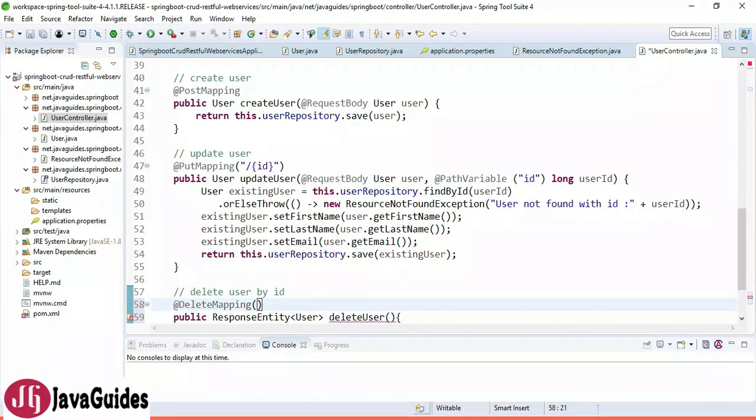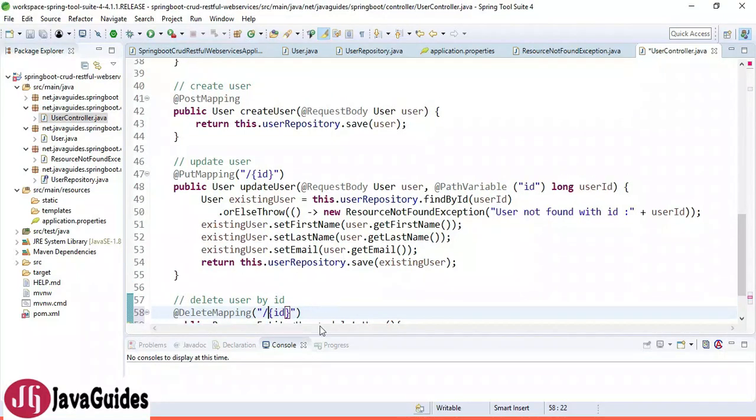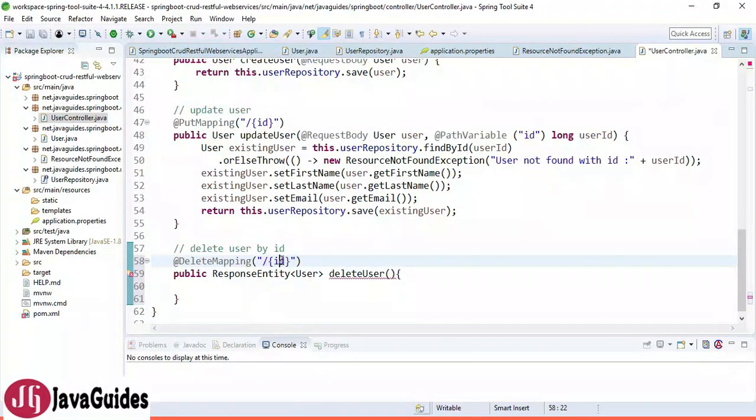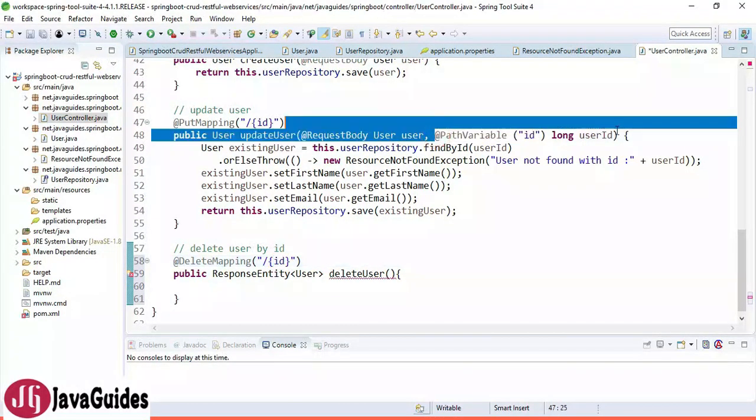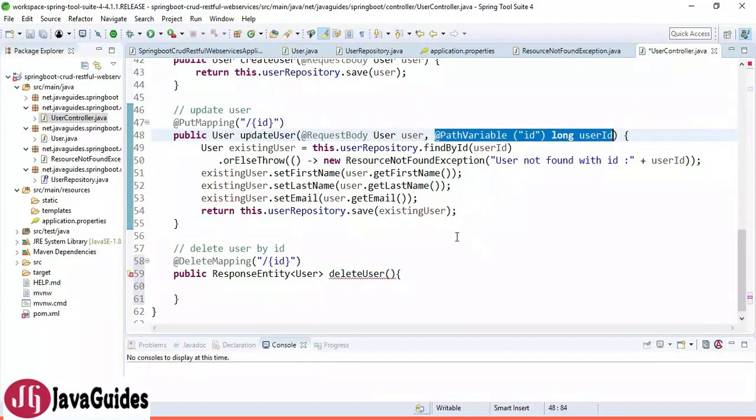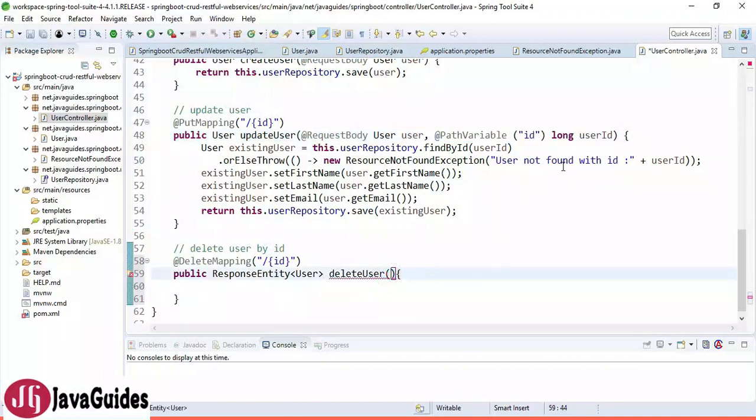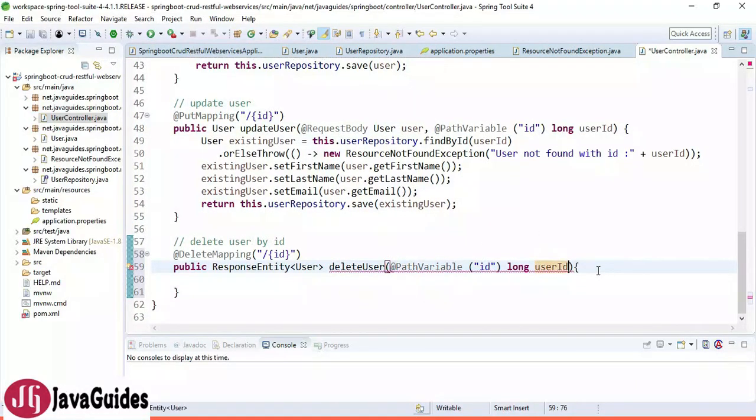And here I will pass the path variable, ID. Pretty simple, right? And here we need to bind this ID. For that I am going to use the @PathVariable annotation, right? Just copy from here.